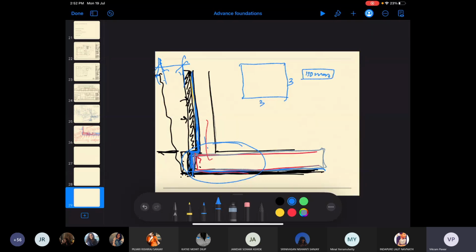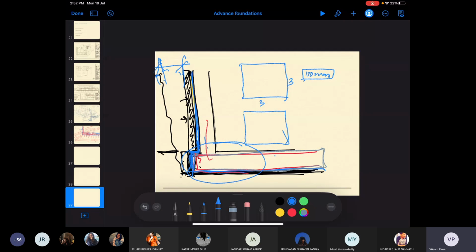In a basement, the same grid follows, right? 3 meters by 3 meters. What is the thickness of the raft slab in the same span? Is it going to be the same?